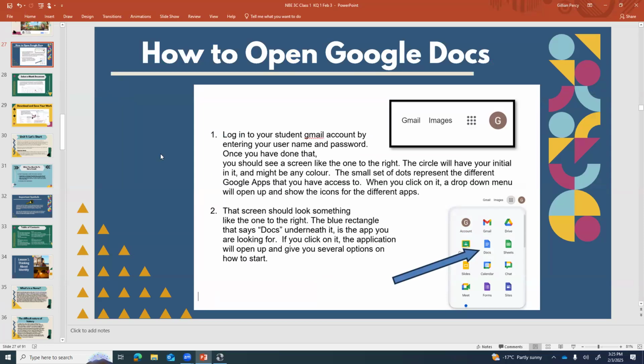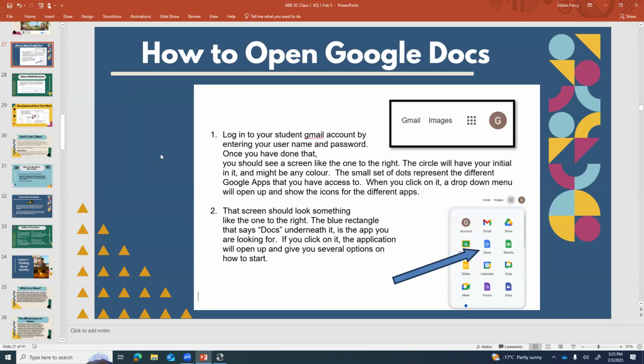Okay, Google Docs. I know a lot of people have probably used Google Docs, and if so, feel free to speed past this part. But I have students of all ages. I have students from 14 to like 64. So I know not everybody has used Google Docs, so I do cover that a little bit right here, just so that you can do it if you've never used it before.